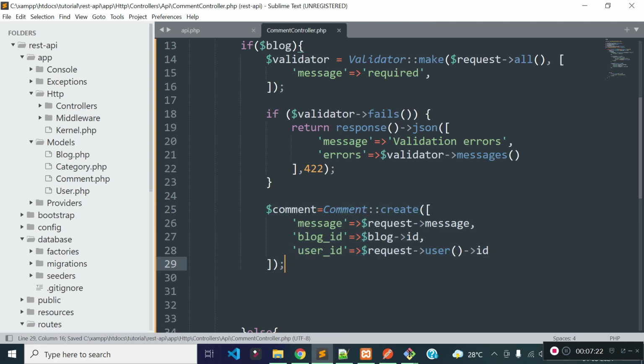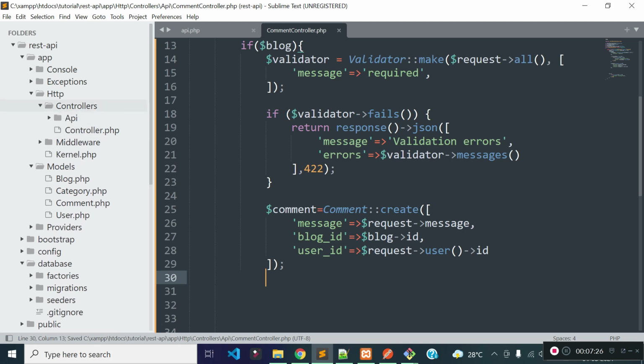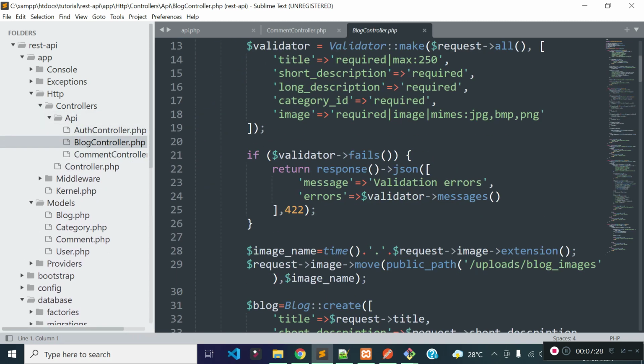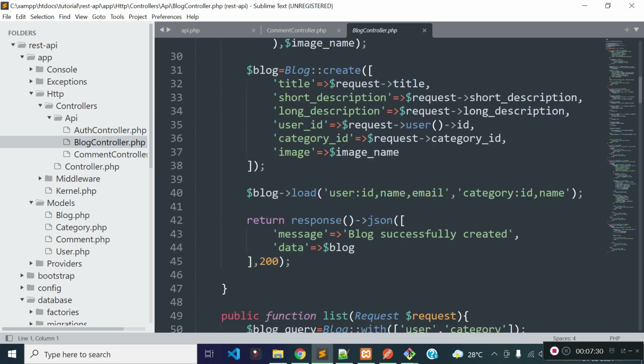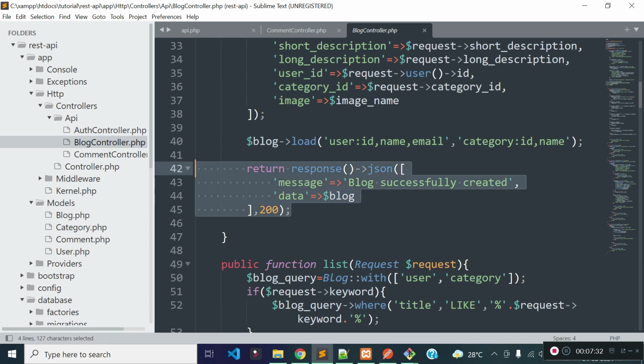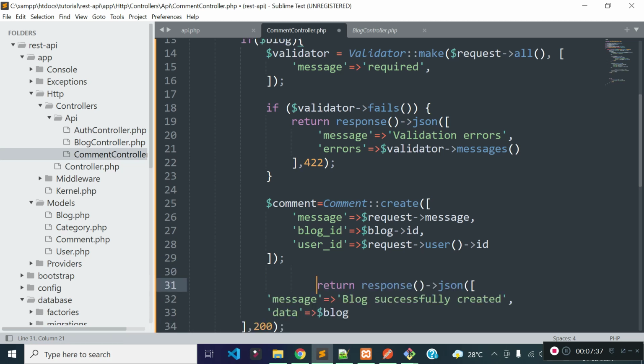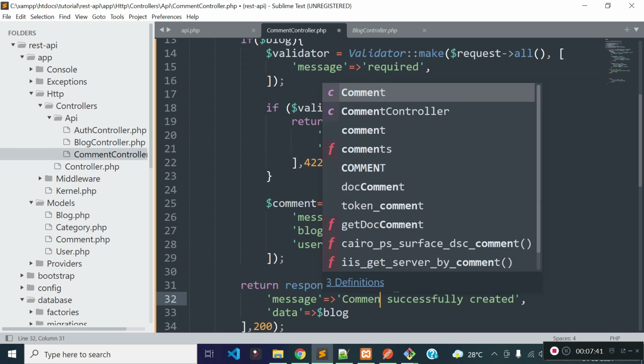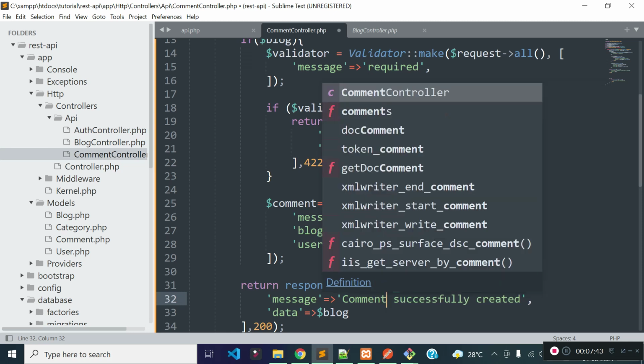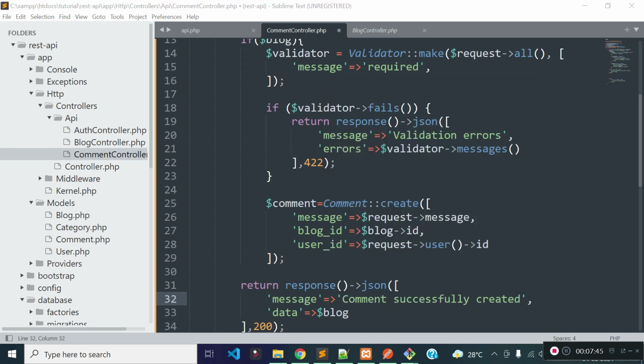Okay, and after successfully adding the comment, I will return a JSON response with the message comment successfully created, and I will pass this newly created comment data to this data key.